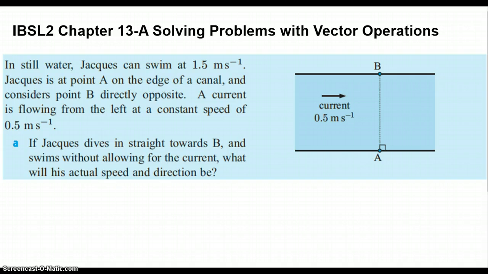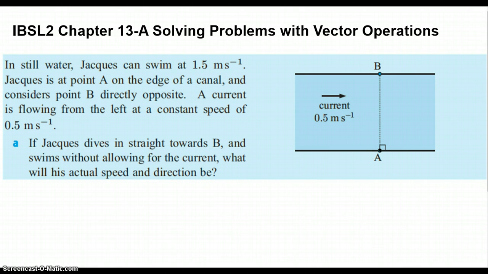So we look at the problem here. It says in still water, Jacques can swim at 1.5 meters per second. Jacques is at point A on the edge of a canal and considers point B directly opposite. A current is flowing from the left at a constant speed of 0.5 meters per second. So here you see the situation. And Jacques is here at point A,